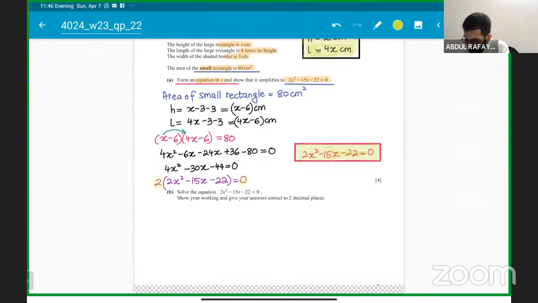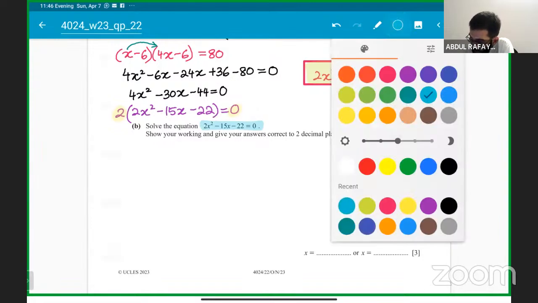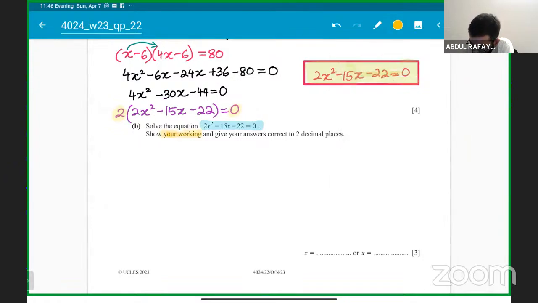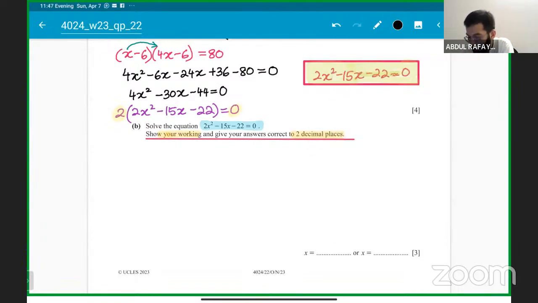Okay, sir, we have to solve part B. What does part B talk about in detail? Sir, solve the equation 2x square minus 15x minus 22. We have to show the working and give answers to 2 decimal places as well. Okay. So here we go. We have to give the answer to 2 decimal